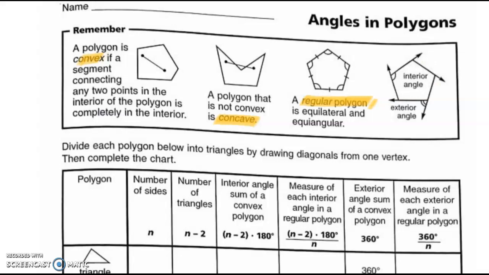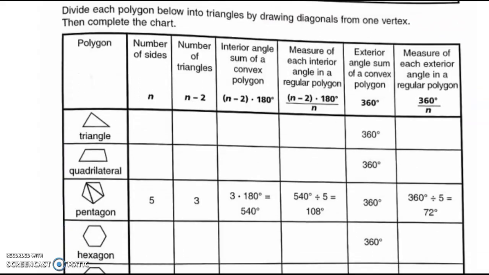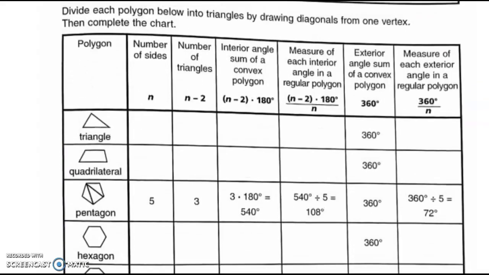So now the directions say to divide each polygon into triangles. So we are going back to triangles by drawing diagonals from one vertex. Then we're going to complete the chart. So this is Polygon Angles. And we're going to divide each polygon into triangles by drawing diagonals from one vertex. Well, we only have